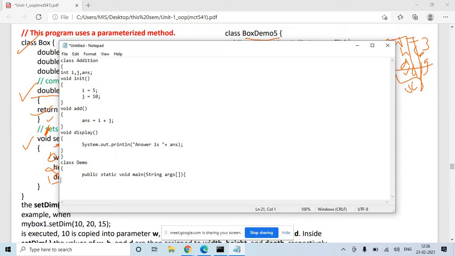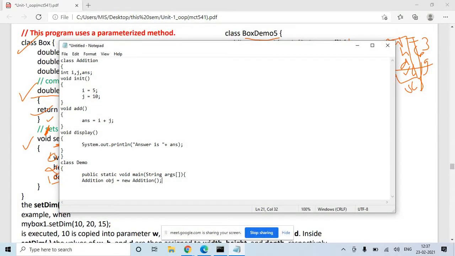Your main function is here. In the main function, if you want to use this addition class, first you will create an object of that class. So how to create an object? Say addition is the class. Let's say the object name is obj is equal to new addition. By writing this line, I have created an object.